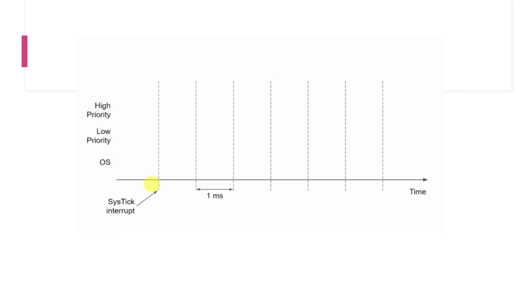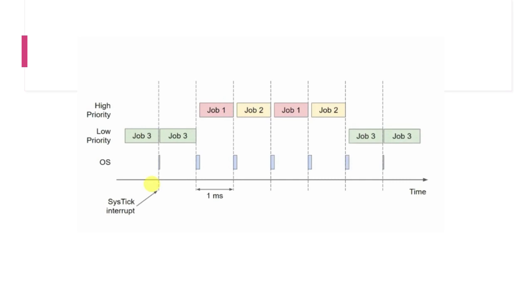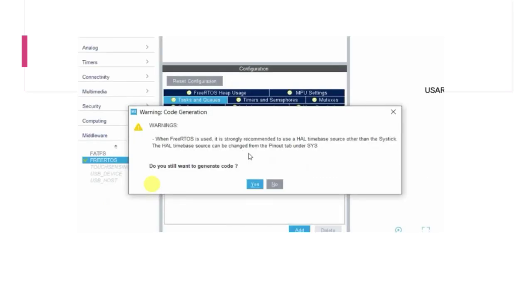Since we're using a fixed priority RTOS with preemption, tasks with higher priority will be executed first. If several tasks have the same priority, they will be executed in a round-robin type fashion. On each Systick interrupt, the scheduler will stop the current task to execute the next task with same or higher priority. The problem is that the STM32 HAL API uses the Systick timer to determine how much time has passed